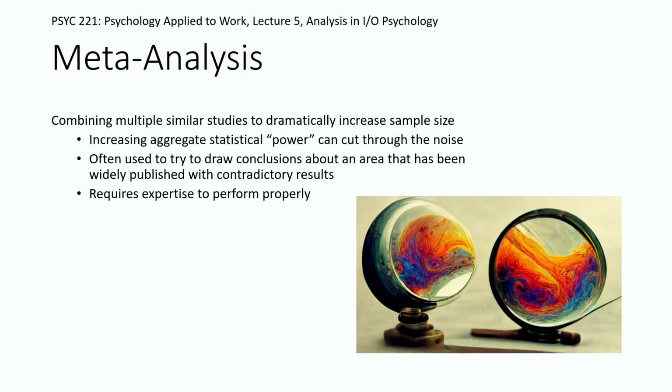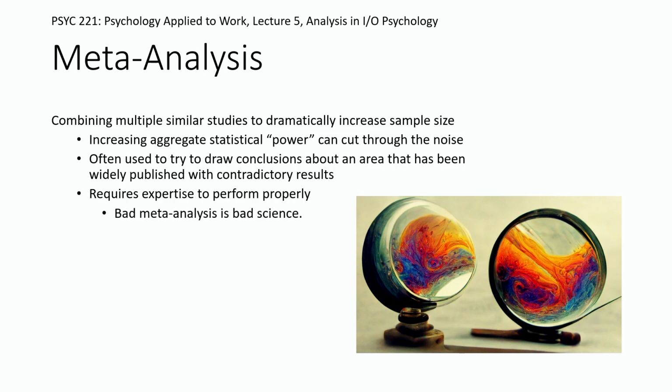So you have to develop criteria before you can actually combine studies, or you are not combining the same thing. And so the devil is really in the details of a meta-analysis,